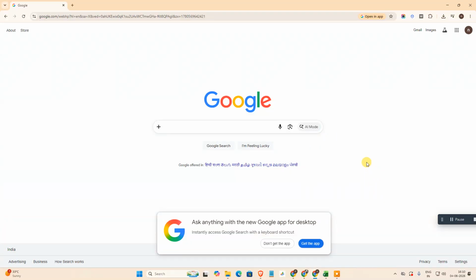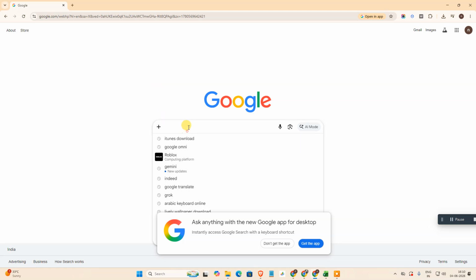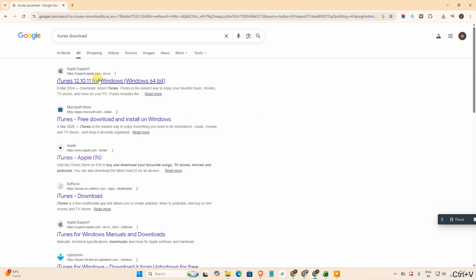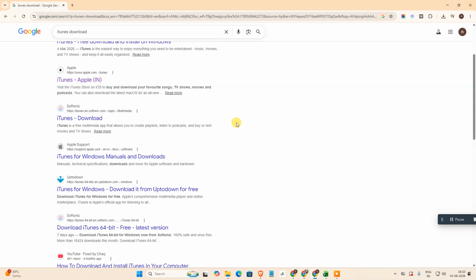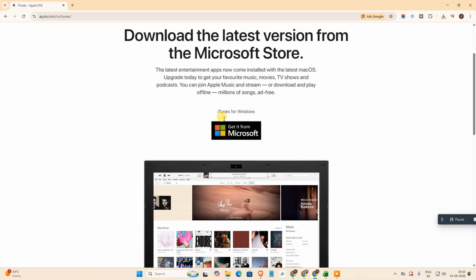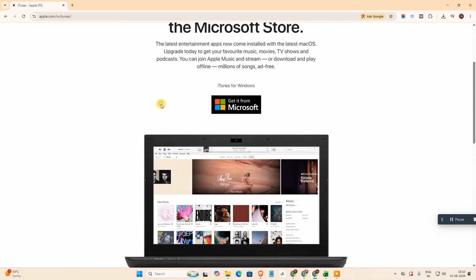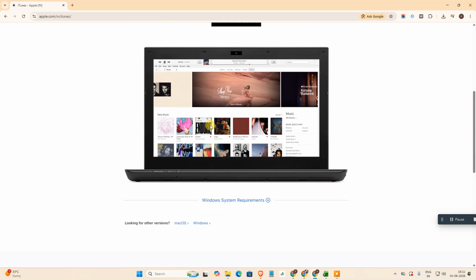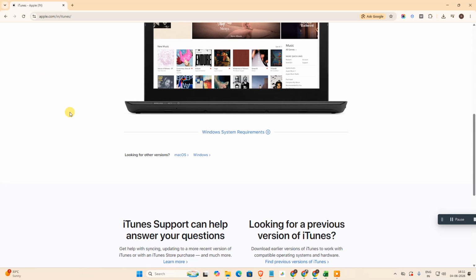Okay guys, come to any browser, open Google and search for iTunes download. Here you need to go to the official Apple store. Here go to Apple. You can get iTunes for Windows. If you have the Windows Store, you can download from there also,